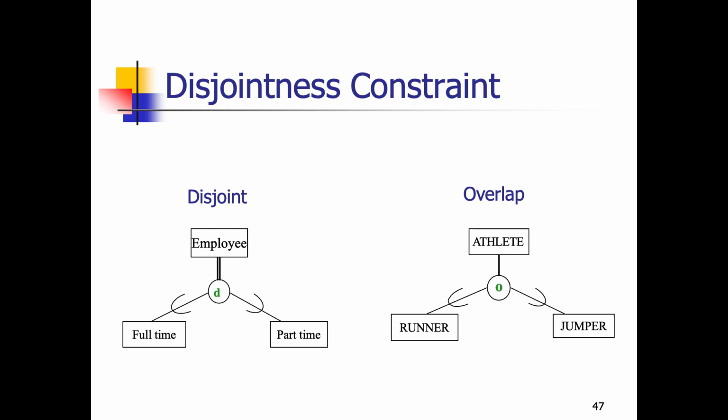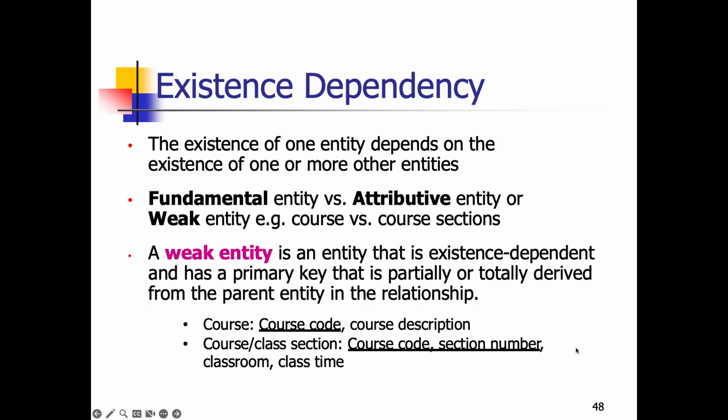And here is just the disjoint constraint. If, for example, you have an employee that is full-time and part-time, this is just a type. They have no overlap together, or if they have overlap, for example, runner and jumper have some overlaps. And the weak entity, which last week I mentioned that I'm going to explain, sometimes you have some entities that